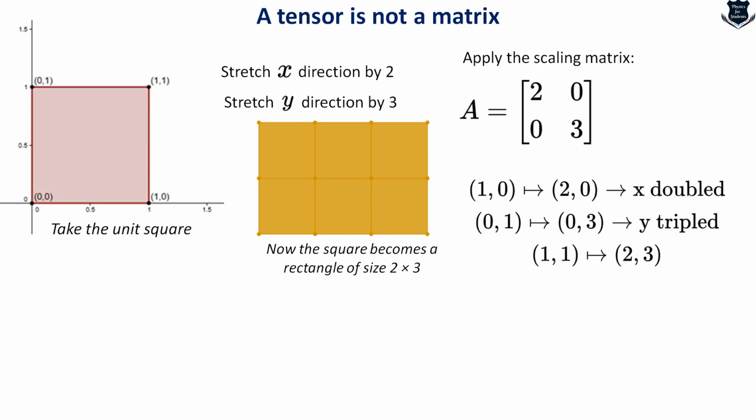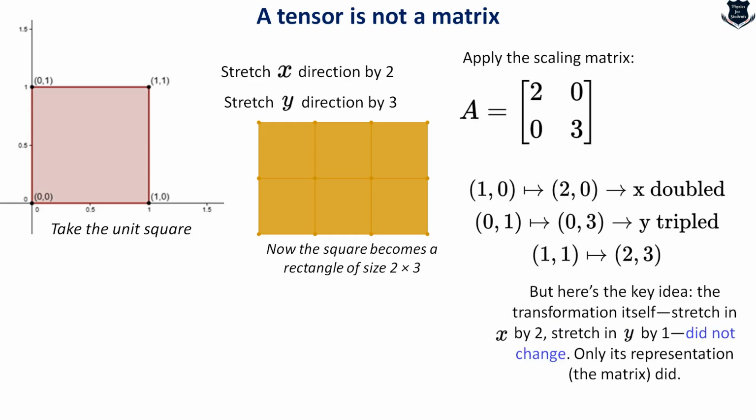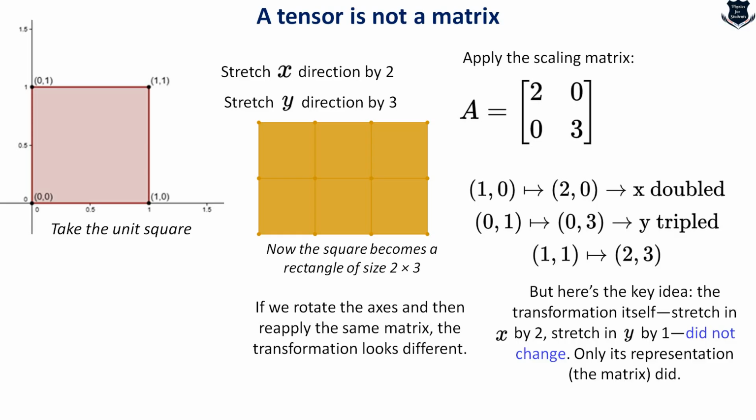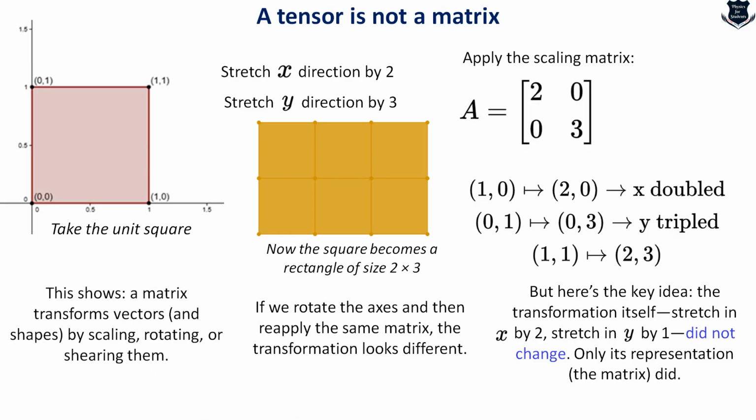So what is important is the key idea: the transformation itself, stretch in x by 2 and y by 3, did not change, only its matrix representation changed. That means the basic shape of the square still remains the same. So if we rotate, we will soon see that when we rotate the axis and reapply the same matrix, the transformation looks different. So this shows that a matrix transforms vectors and shapes by scaling, rotating, or